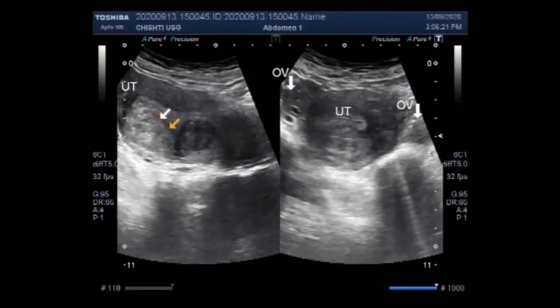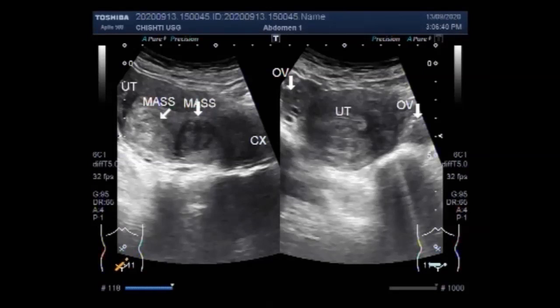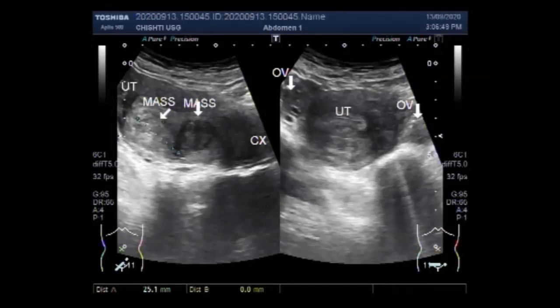Now, the types of fibroids. The type of fibroids depends on their location in the uterus. Intramural fibroids are the most common type of fibroids, and these appear within the muscular wall of the uterus. Intramural fibroids may grow larger and can stretch the uterus. Then there are subserosal fibroids, pedunculated fibroids, and submucosal fibroids.